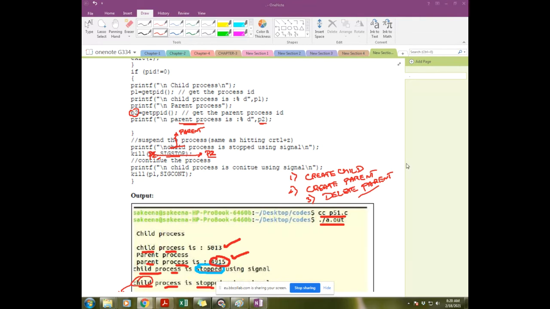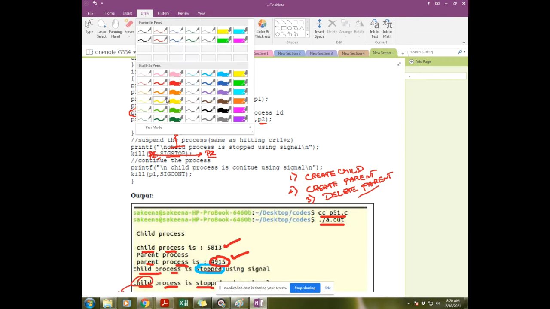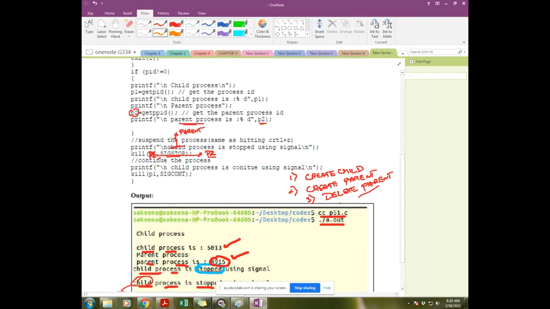Yes student. So in the exam, first you create the child, then you create the parent. Then in the exam I will ask you to delete the parent.